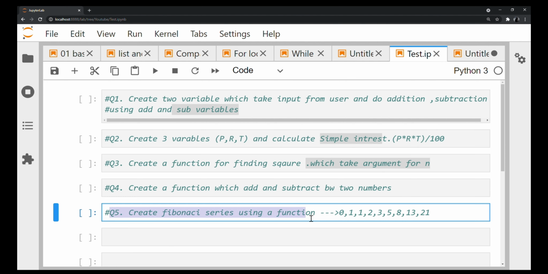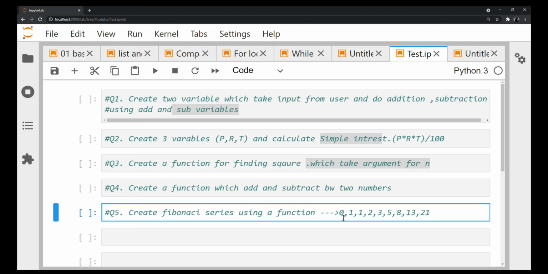This final question is a little bit tricky, but I'll explain this question. Do you know what the Fibonacci series is? If you don't know, I'll tell you what it is exactly. Create a function which takes a range, how many numbers it has to create, and it creates a Fibonacci series for you. So this is what you have to write, guys. If you're confident that you can write it, pause it and go and write. For those who require a hint on what the Fibonacci series is, I'll give you.